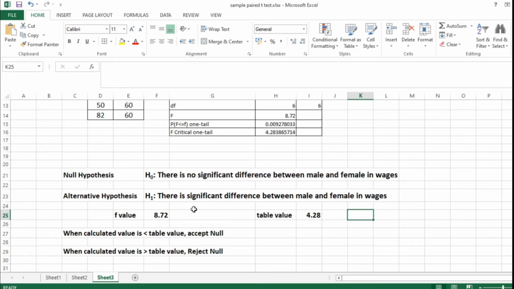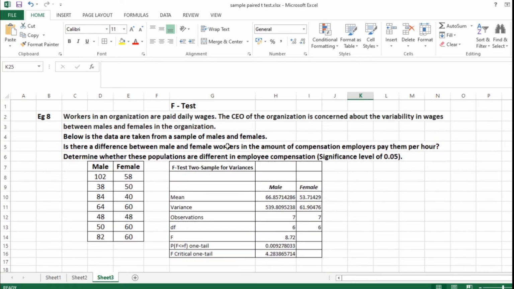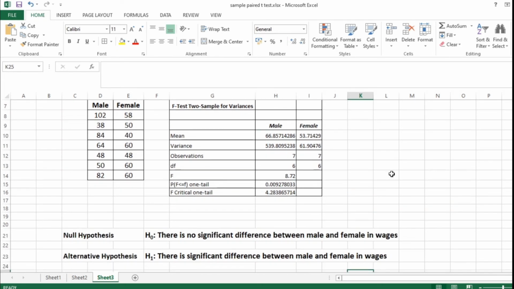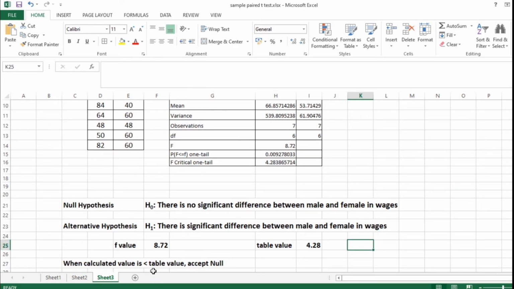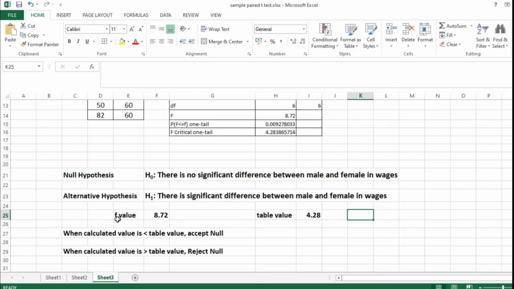So I can conclude with the help of the F-test related to this particular problem, as thought by the CEO of that organization, there is a difference between the wages of male and female in that particular company. So I have proved with the help of an F-test, as we had the F calculated value greater than the table value.